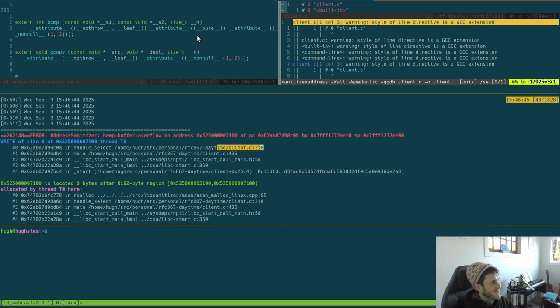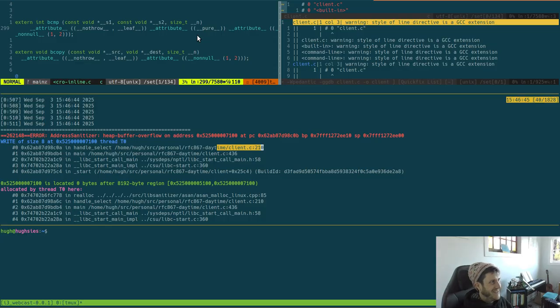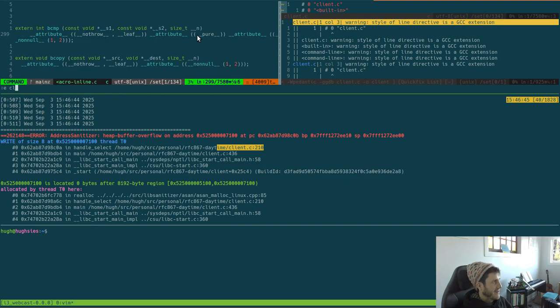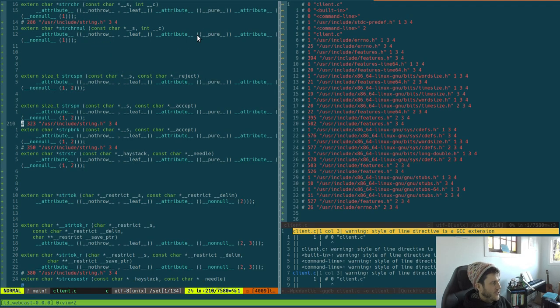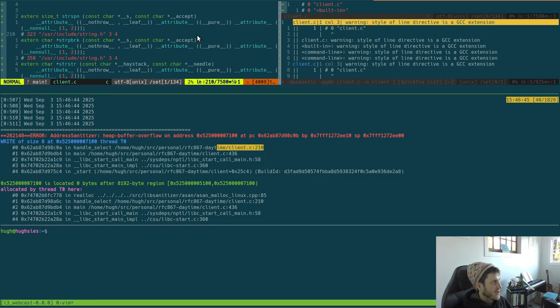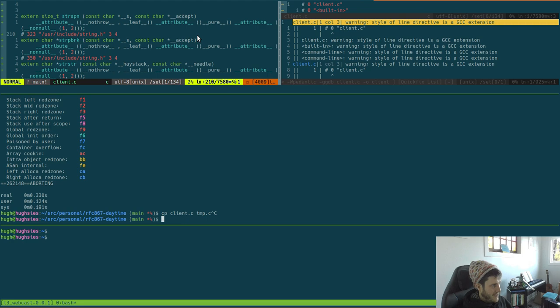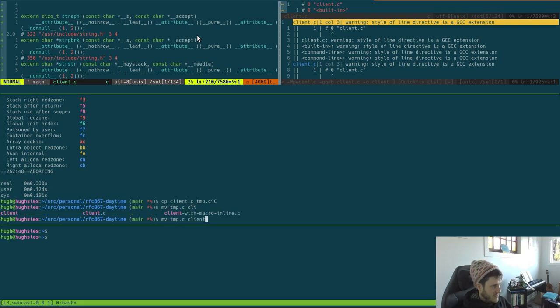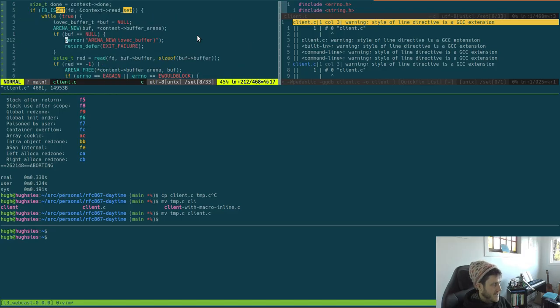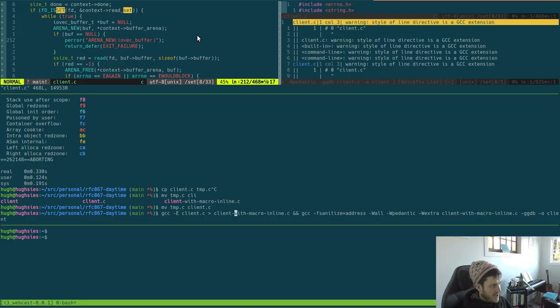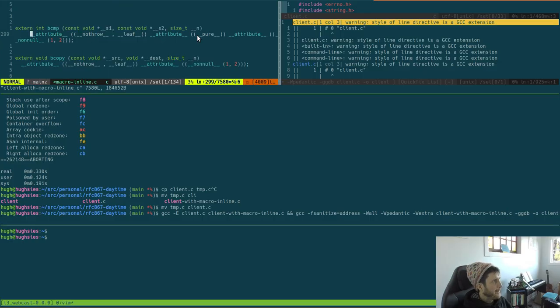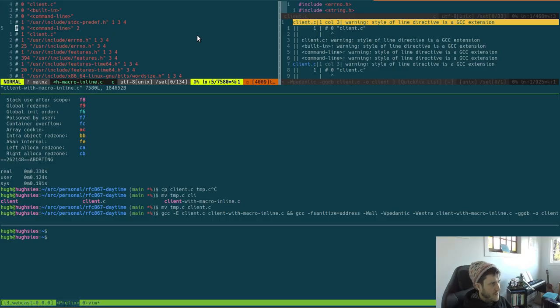I don't know because if we look at client.c, oh, it's because it's got these lines. Yeah, that's correct. I recall this now from trying this in another project. So we need to move this back to client. So we have our original thing. Then we want to output it to that, but I want to kind of remove